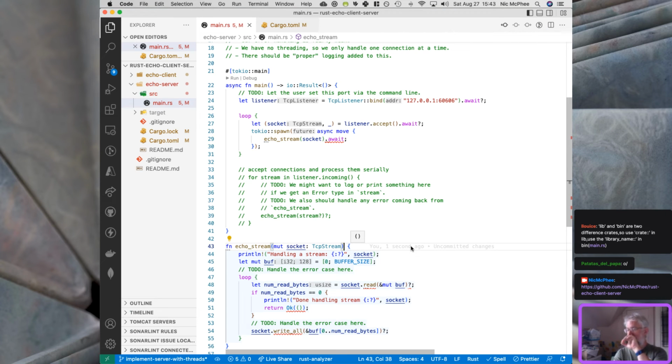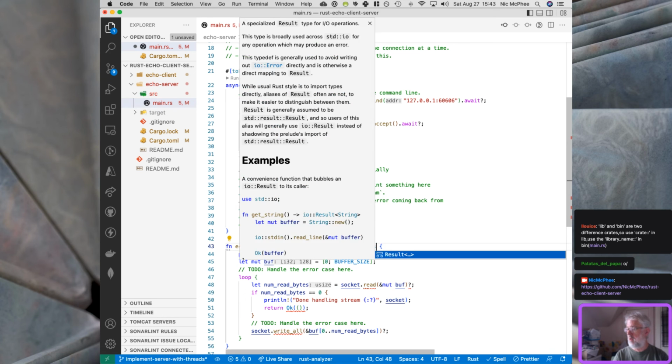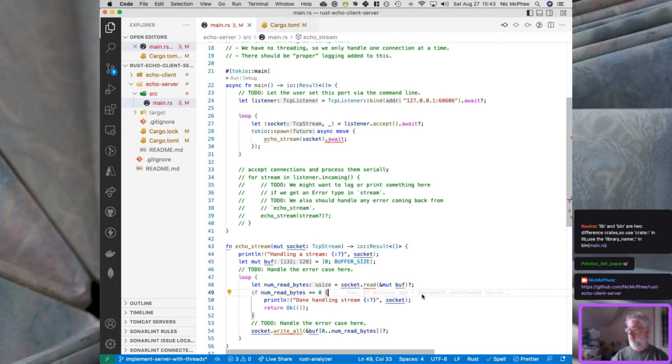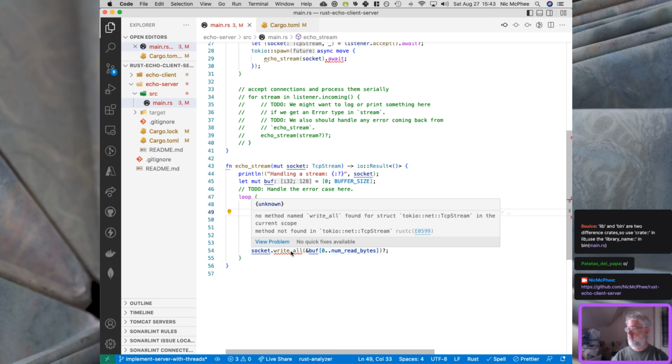But we do need to return something. So I think this probably, if we say IO result, and then this,